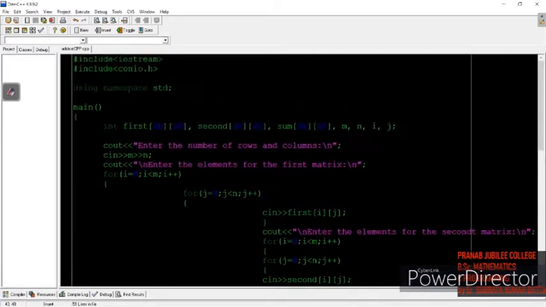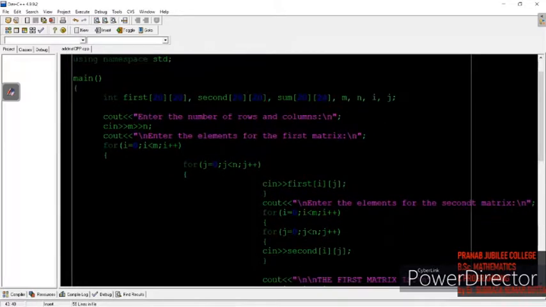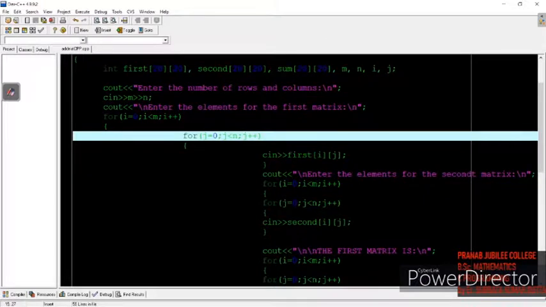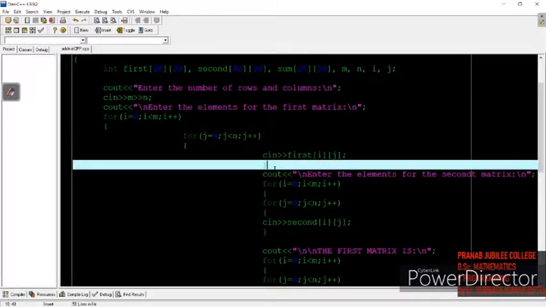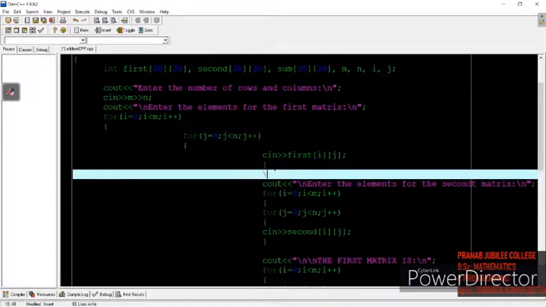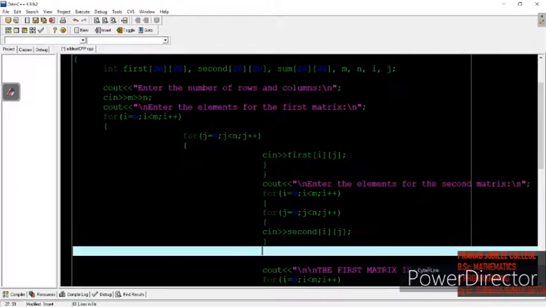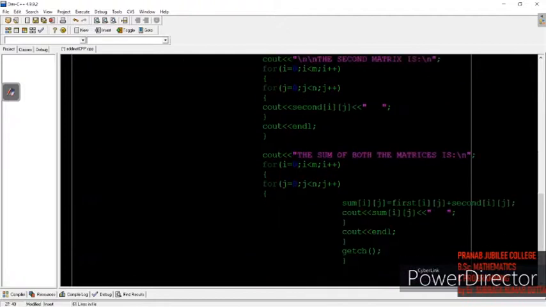So there is some error. Let's see. Okay, so here I have not closed it, right? Only one loop I have closed, the second loop must be closed. Here also the second loop must be closed, that I have not closed.